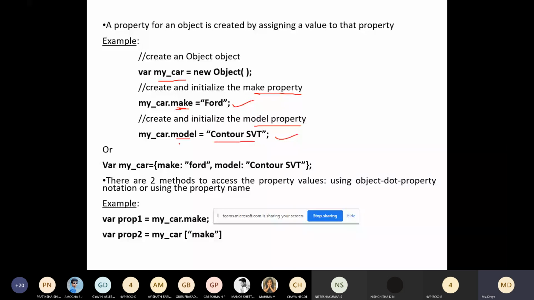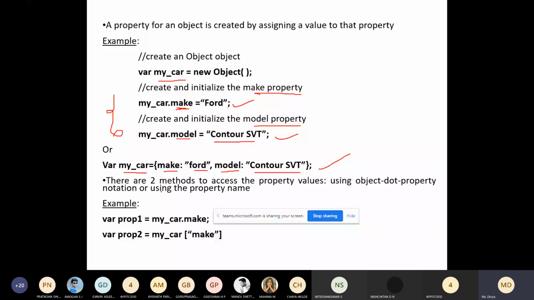So this is initialization. Similarly, there is one more way of initializing the values for the properties. Instead of initializing in two lines, I can write it in just one line like this: create the object, use the property make, assign it a value, create one more property and assign it a value.